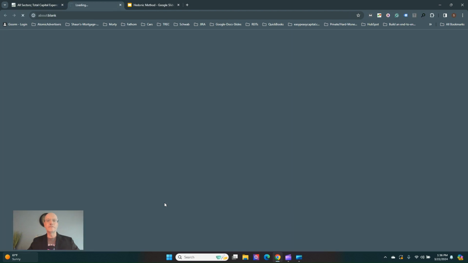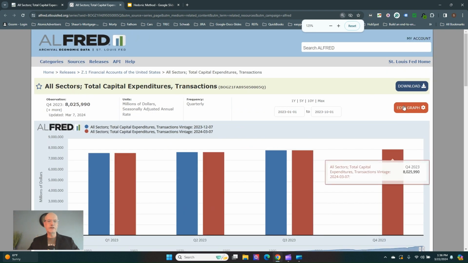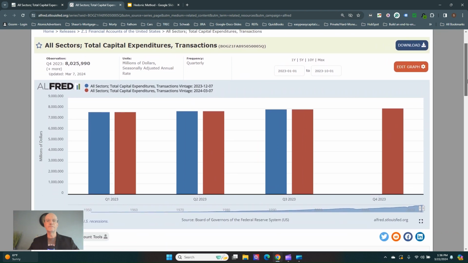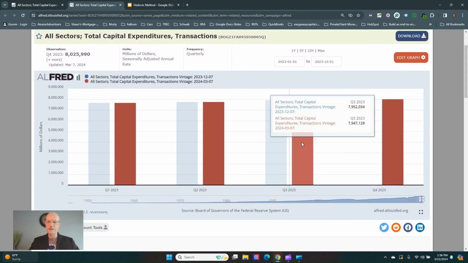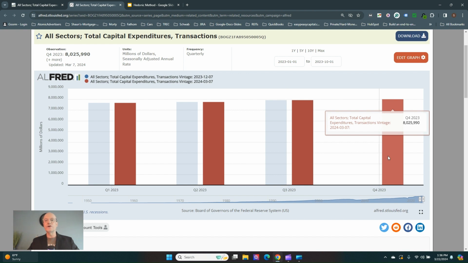Let's look at another chart here. I was looking at this one. I like this one here. And let me see if I can increase this one a little bit. So this is our total capital expenditures transaction. We can see this by quarter, and it's comparing the total capital expenditures for 2024 to 2023, right? So 2024 is in the red, 2023 is in the blue. And as we can see right here, we're looking at the quarter four, 2023, and we can see that